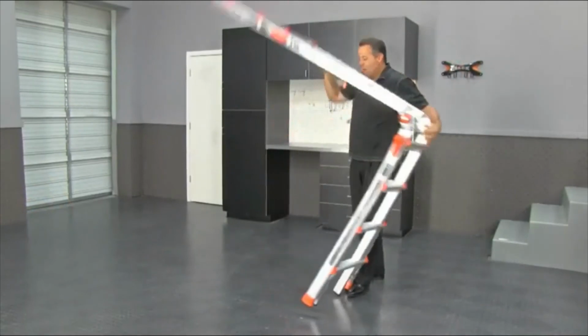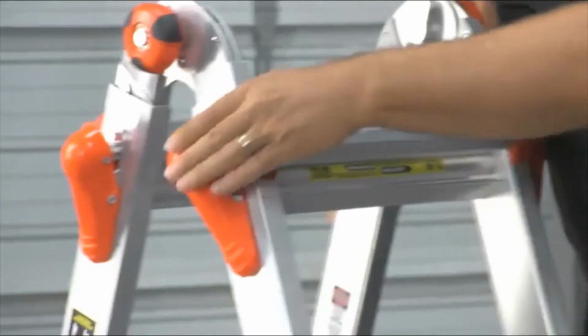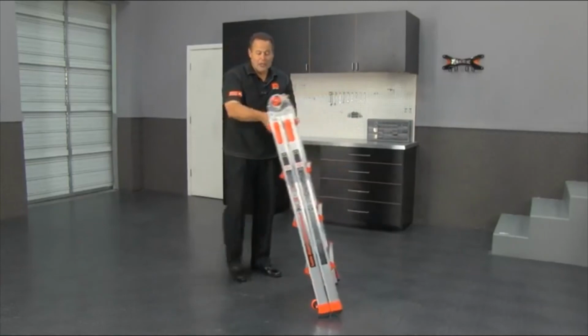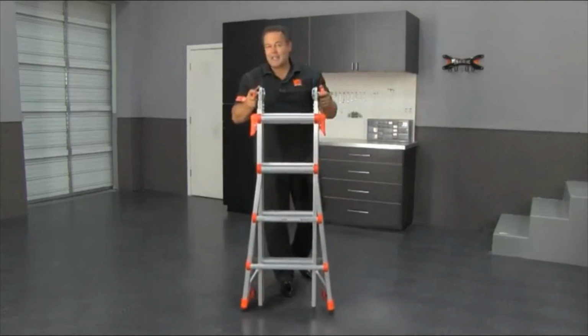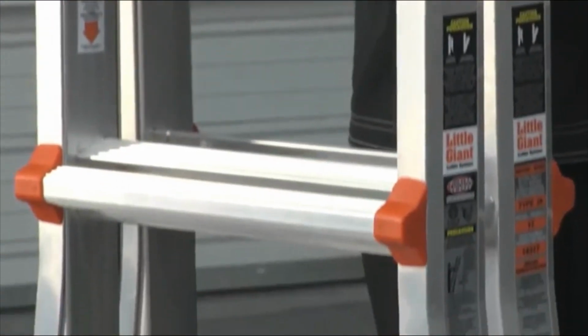Bring it back down. You're going to store this, again, just a little over 4 feet 7 inches tall. But one of the great things about the Velocity, you'll notice at the bottom, it has wheels. So you'll never have to carry a ladder again. Just wheel it from place to place. That right there is the easiest you'll ever carry a 17-foot ladder inside of a house without knocking paint off